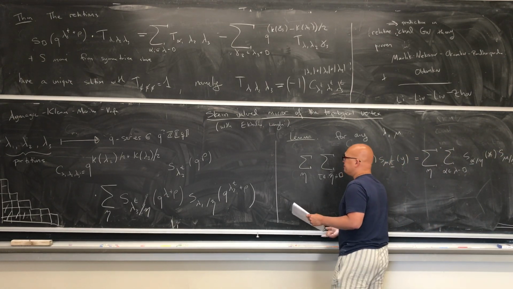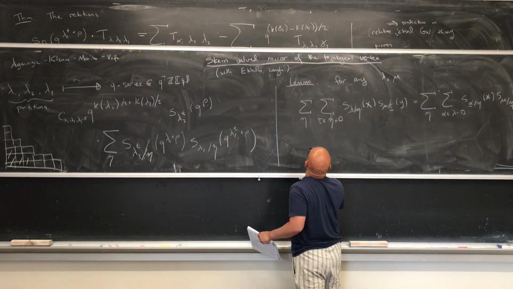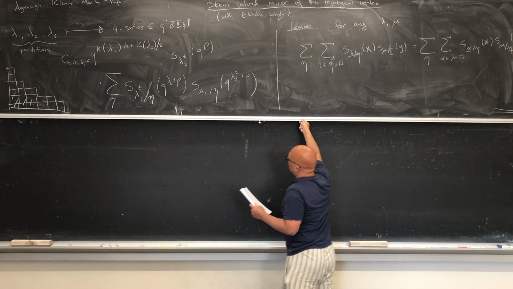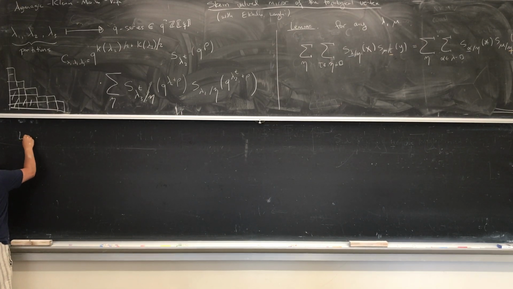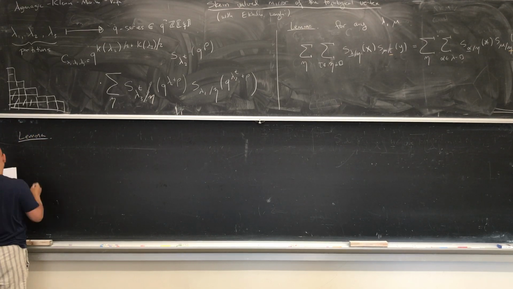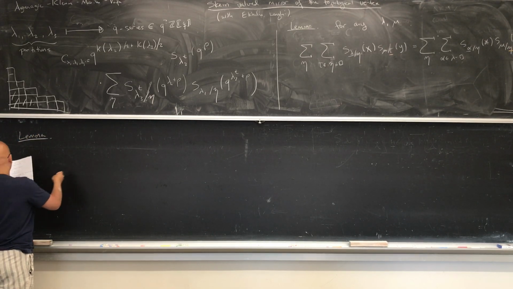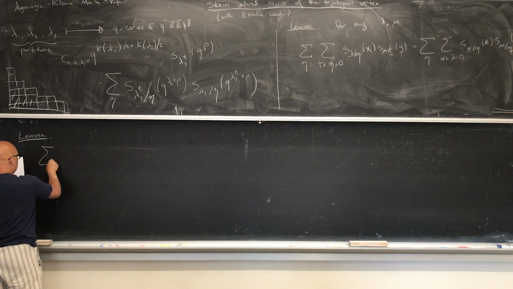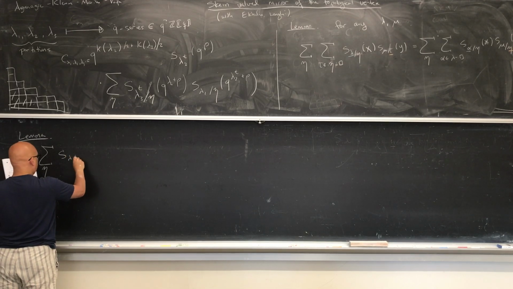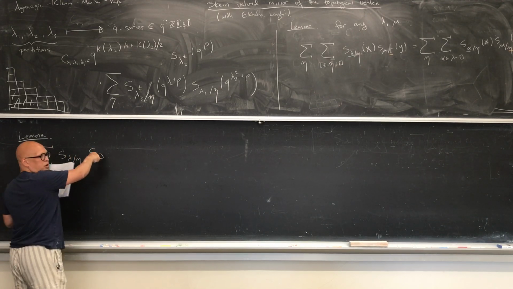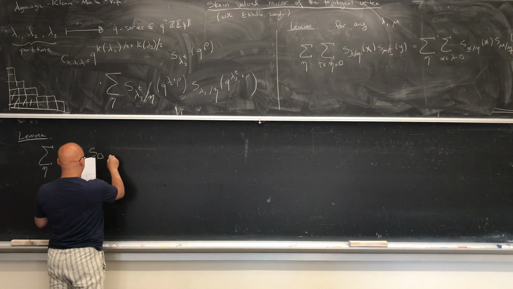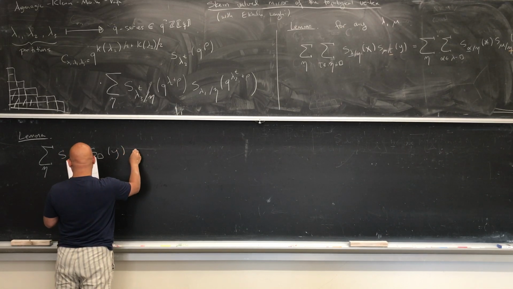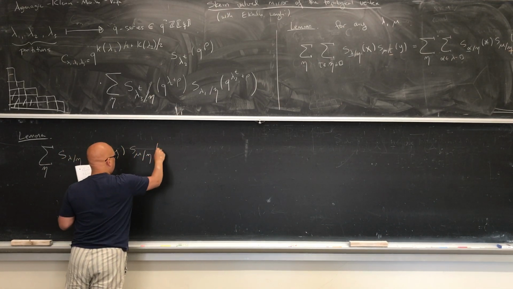Okay, so that's some lemma. And then the next lemma is that the sum over eta of s lambda over eta x, s 1 box y, s mu over eta y, where 1 box means the partition whose diagram is 1 box,